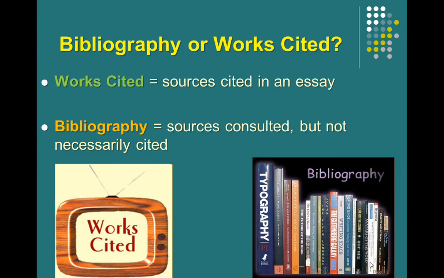So first of all, a lot of people want to know what is the difference between a bibliography and a works cited. You're all used to doing works citeds for this class. A works cited means here are sources that you have cited in this essay. And this word cite with a C just means quoting, summarizing, paraphrasing. So a works cited list means here is the list of sources that I am quoting and summarizing and paraphrasing